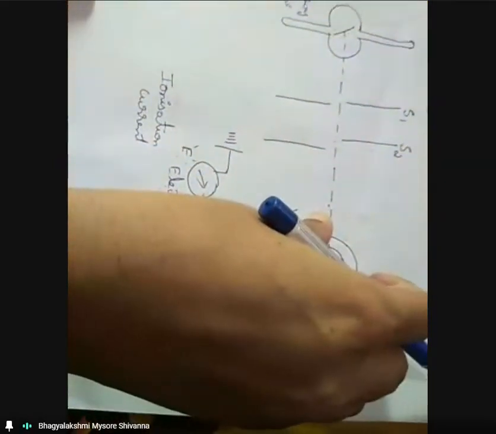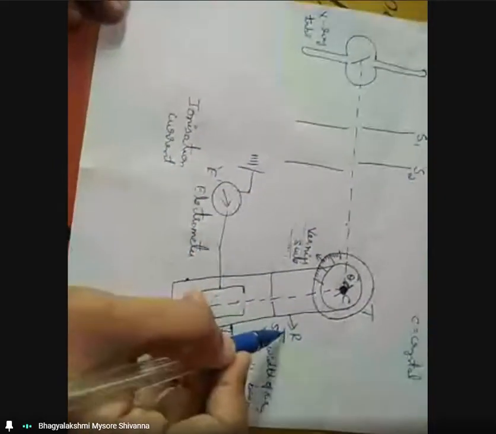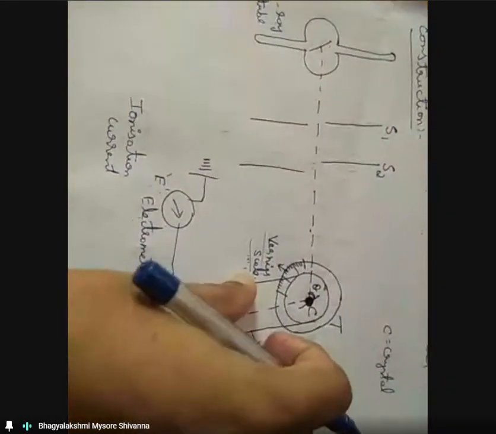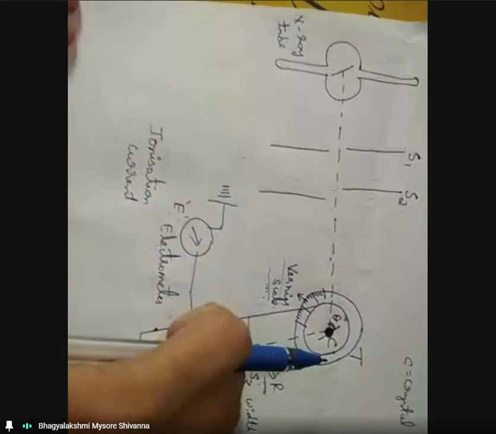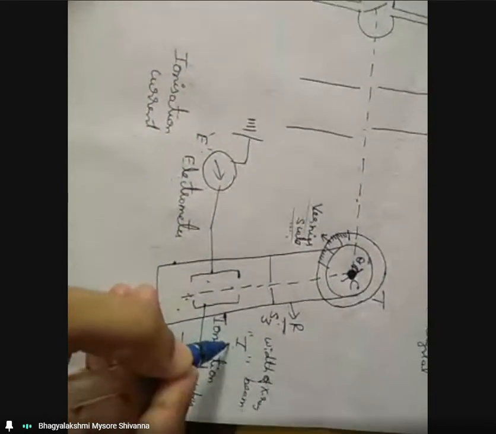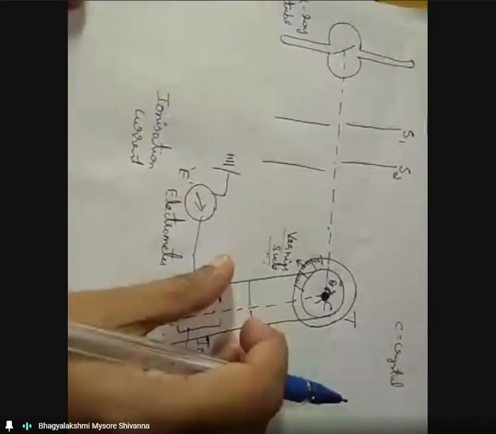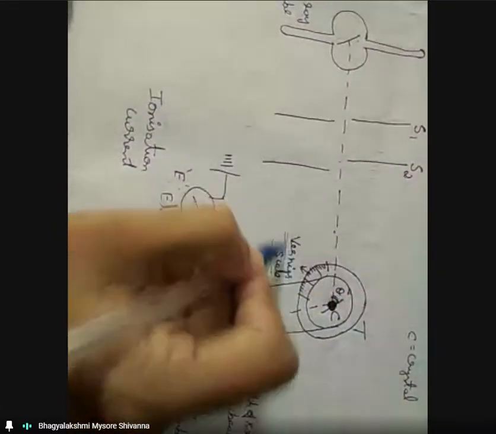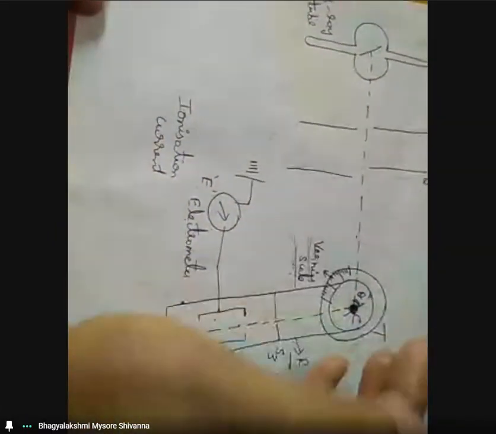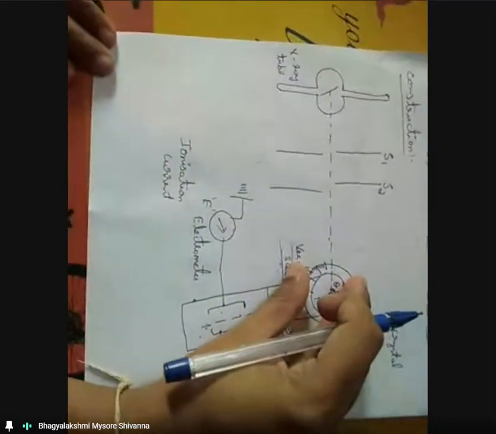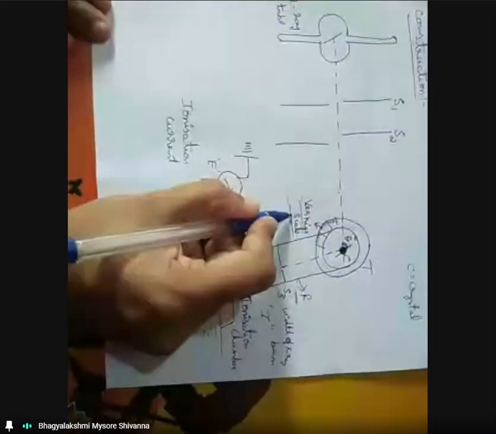The table should be provided with the radial arm R, which carries the ionization chamber, represented by I. The arm can also rotate about the same axis, and the position of the arm can be determined using this scale. At whatever position the arm is placed, it should be read using this vernier scale.